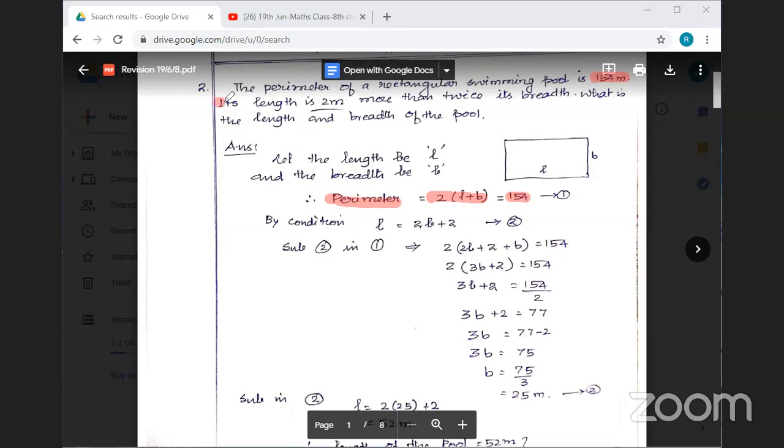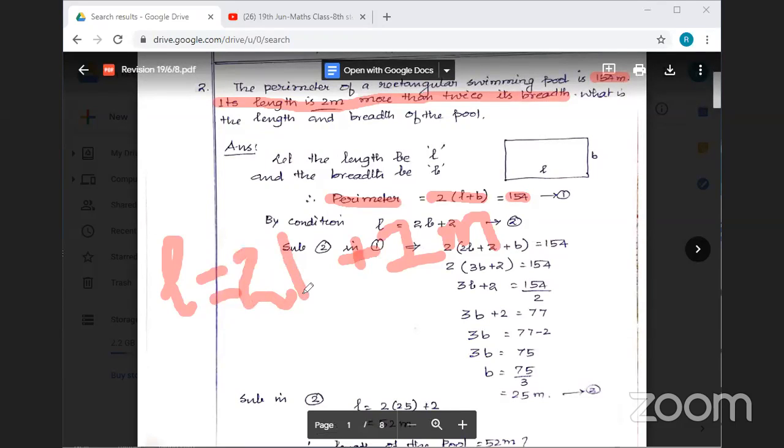Its length is 2 meters more than twice its breadth. Go one by one. Length L is equal to 2 meters more. 2 meters more means add 2 meters. Any doubt? Twice its breadth means 2 times the breadth. Length is 2 meters more